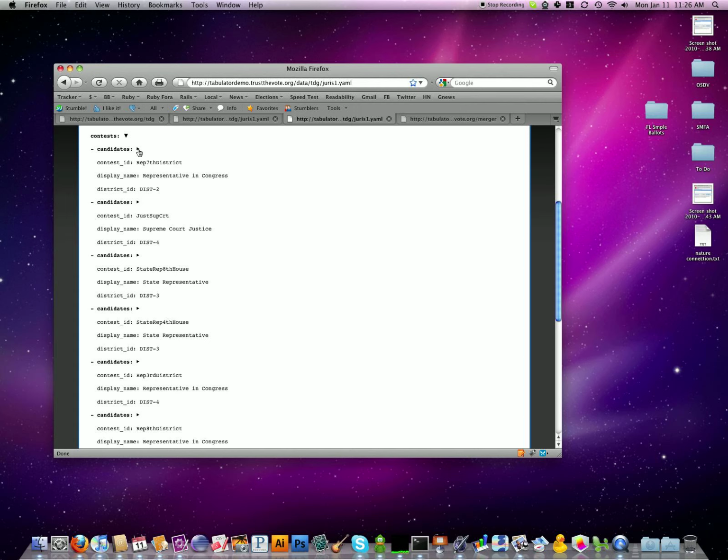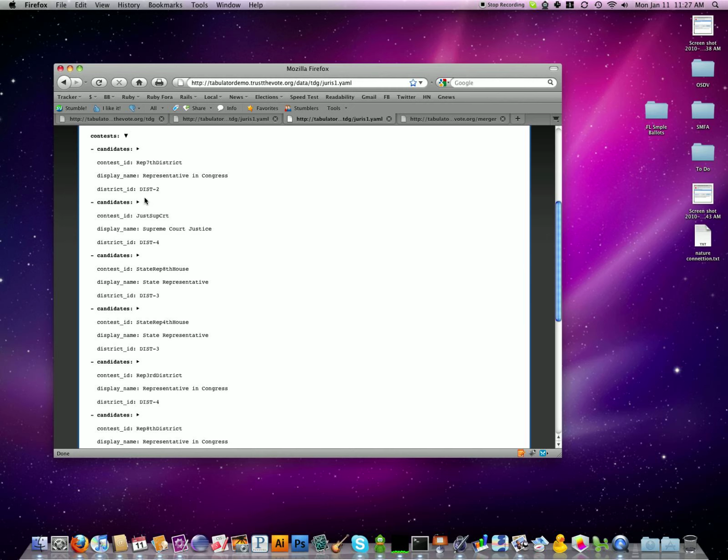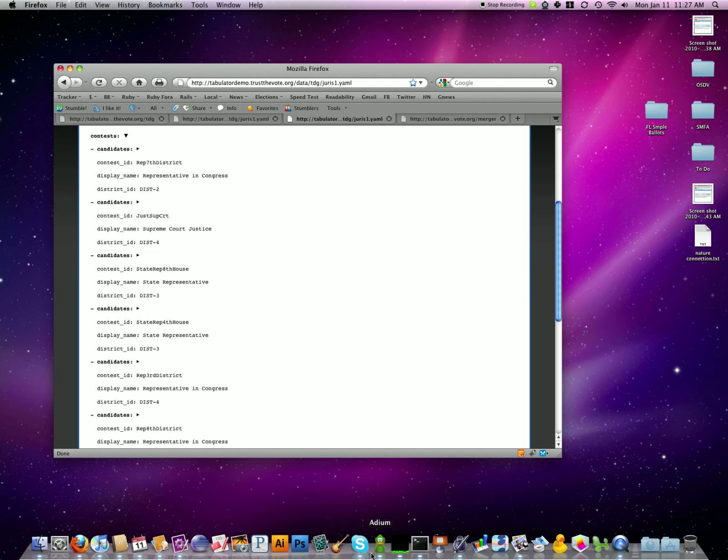And if I open up this little triangle, I can actually see that for this particular contest, there goes my phone, but ignore it. For this particular contest, there are 4 candidates, and write-in votes as a possible option. This one I have 4, etc., etc. Here,